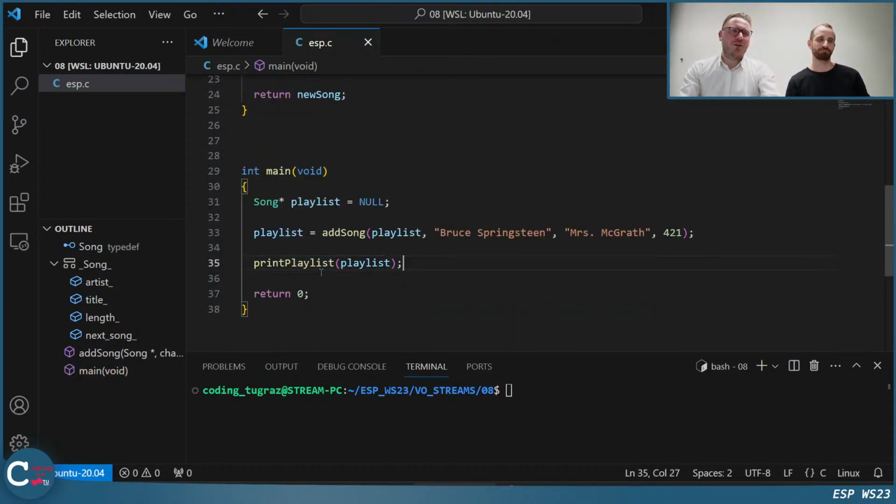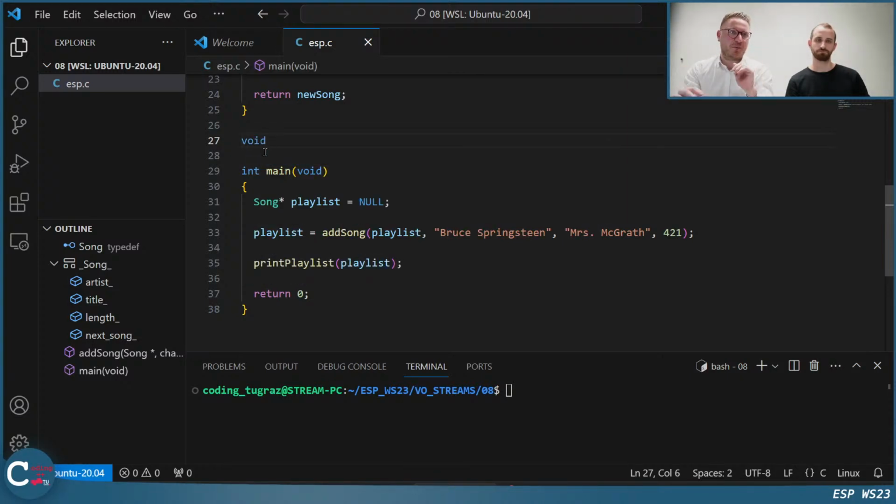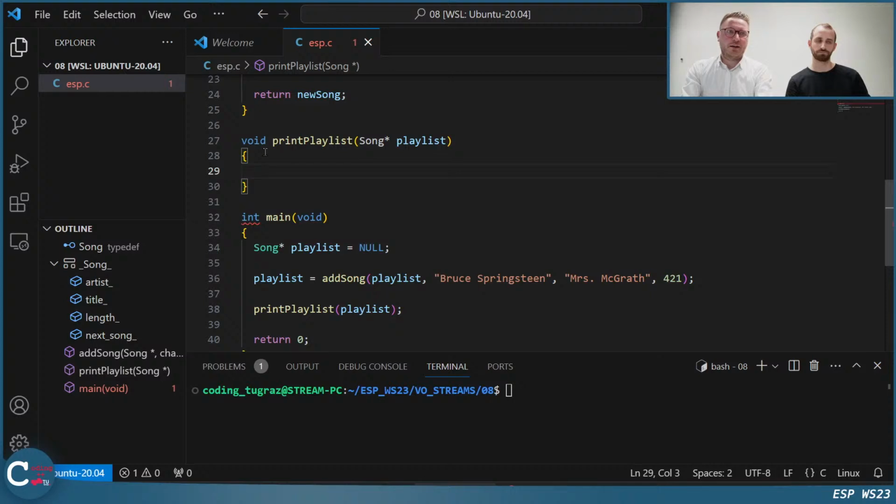So I will call a new function that we're about to create, a print playlist function, and this function is void because it's printing something. We don't expect it to do anything different than printing. And now here we arrive with playlist. I mean, we did this already in the slides, so pretty straightforward.